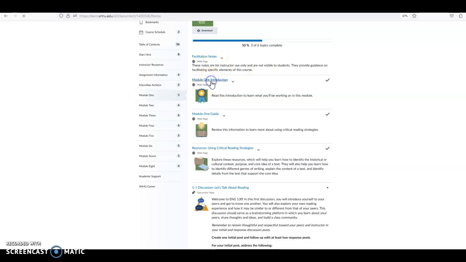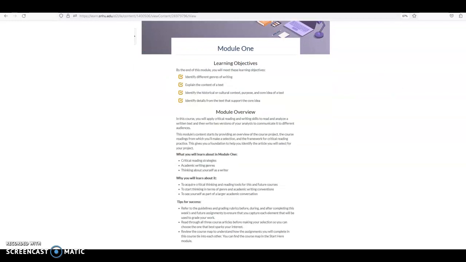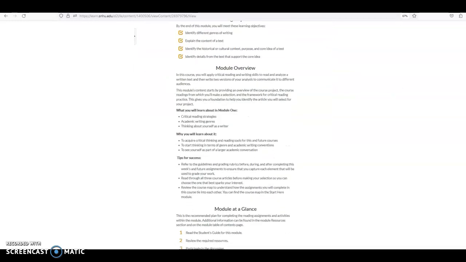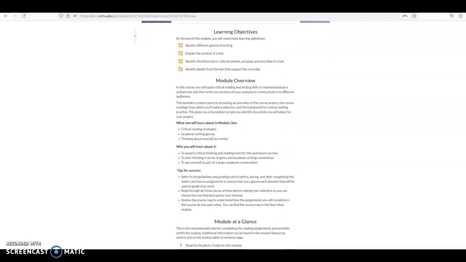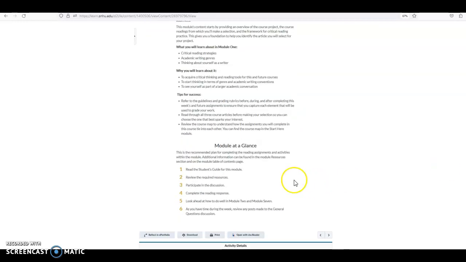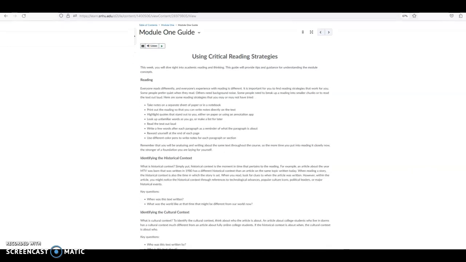So start with the Module 1 Introduction. This is just a bit of a blurb that provides background information on what the module is going to cover, what the goals and learning objectives are, and assignments and things to prepare for. So it's just one page, and then you move to the next page, and there's a reading